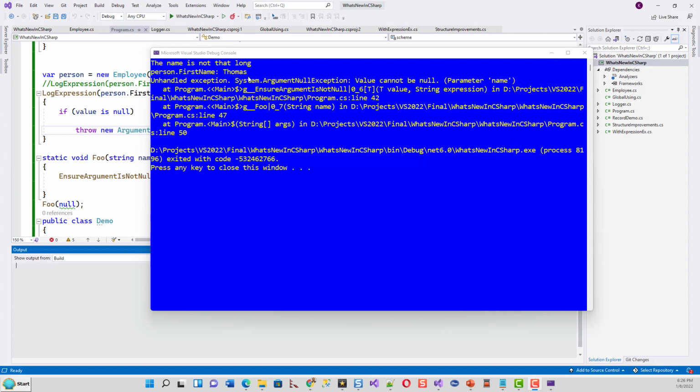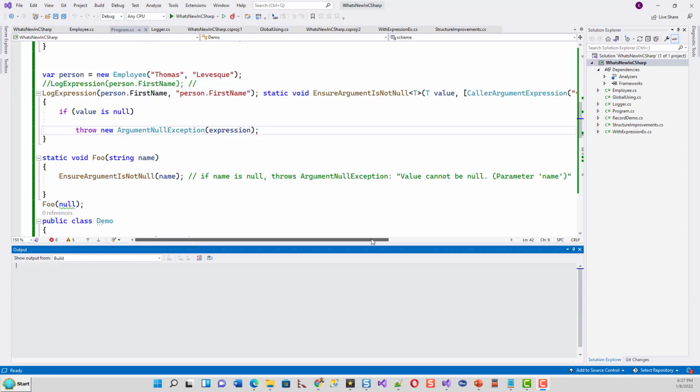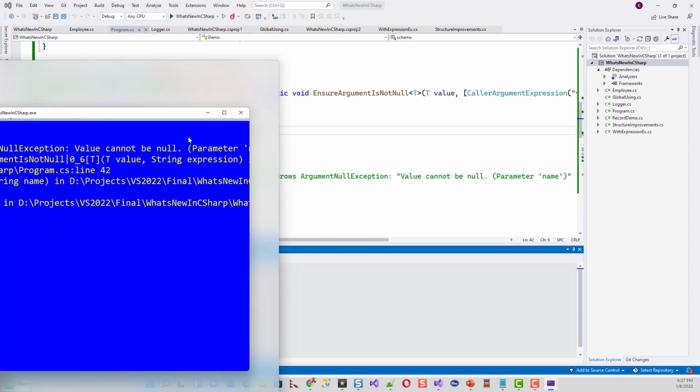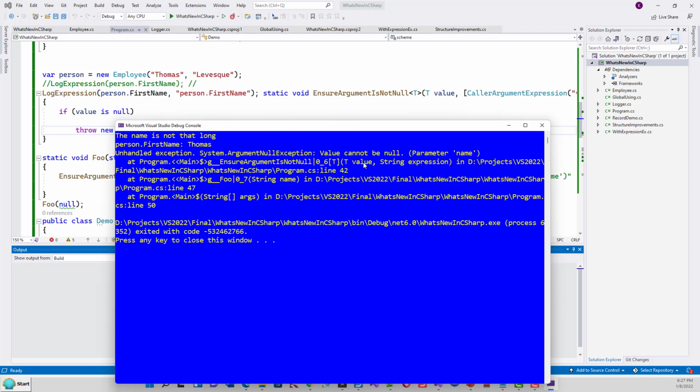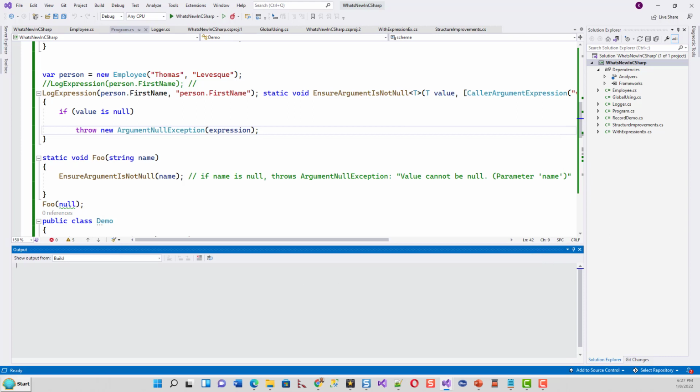So as expected, this brought the unhandled exception, value cannot be null, parameter name. Now if we build this application, if we run this application, this brings this System.ArgumentNullException, value cannot be null, parameter name. Let's close this window, and with this let's move to the next one, which is assignment and declaration in the